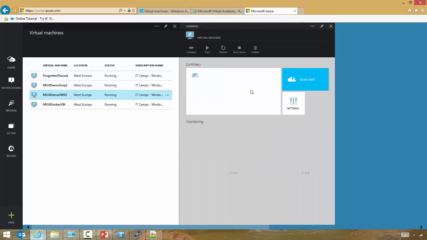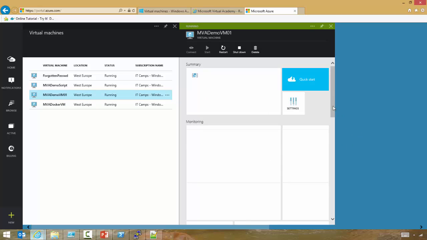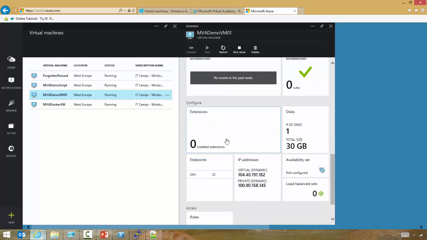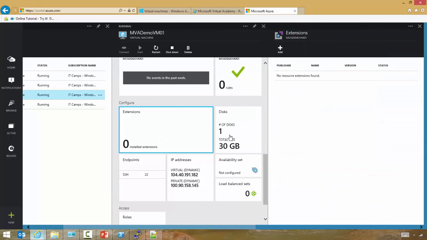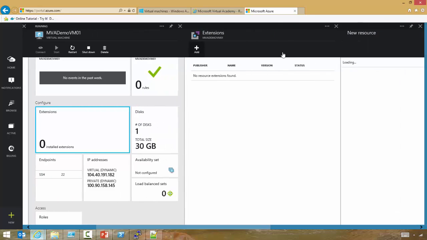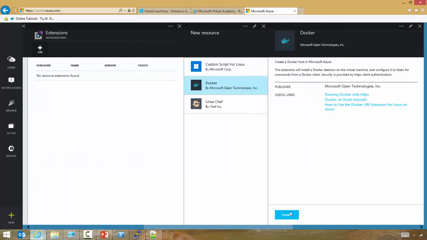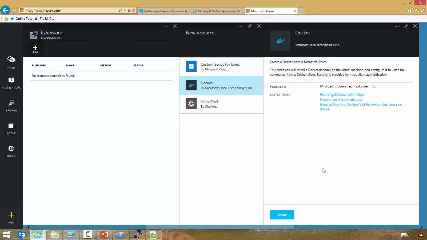The information about the virtual machine shows up here. If I scroll down, you can see the extensions tile. Right now, no extensions are installed, so you see no extensions found. If I want to install an extension, I click on add here, choose Docker, and remember the custom script I have shown you, you can also add it using the portal. I choose Docker, click create, and it's going to ask me